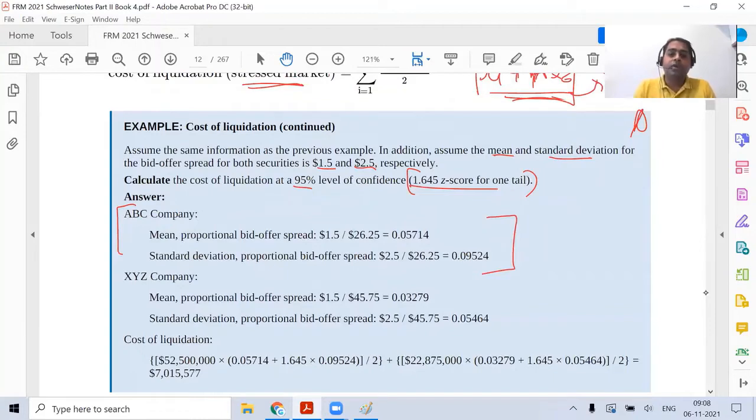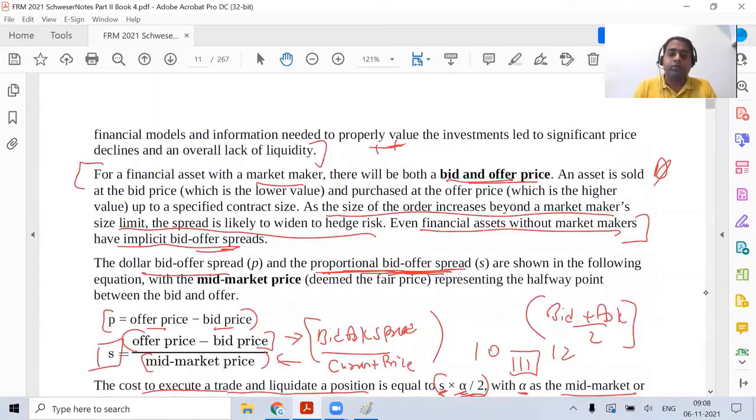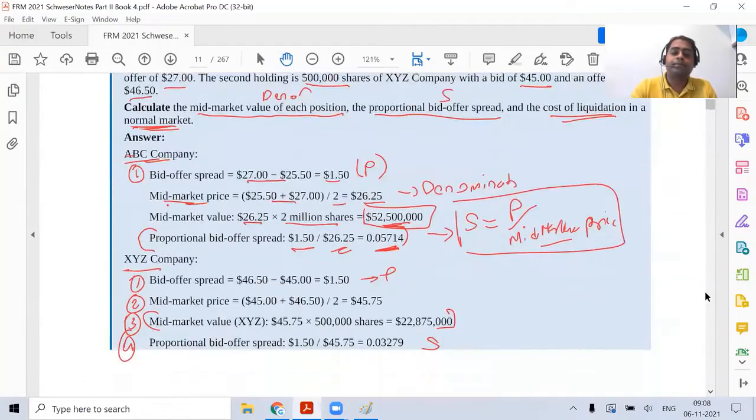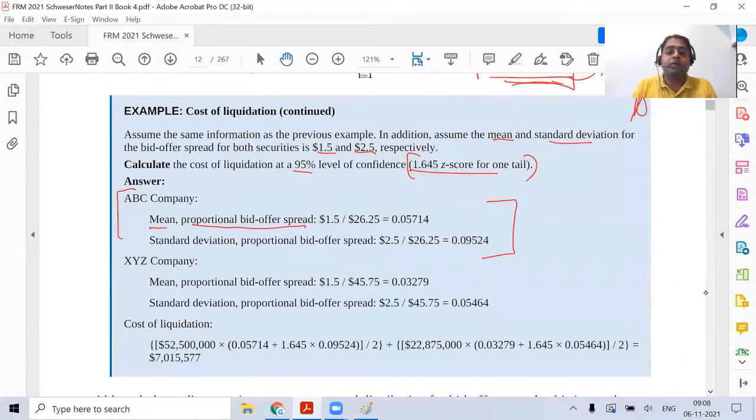over here, what they have tried to identify is the mean proportional spread, and the standard deviation of the proportional spread. So what they're trying to highlight is that if we are looking at the mean and the standard deviation, we are not directly using it. What we have done is an adjustment with respect to the S part,